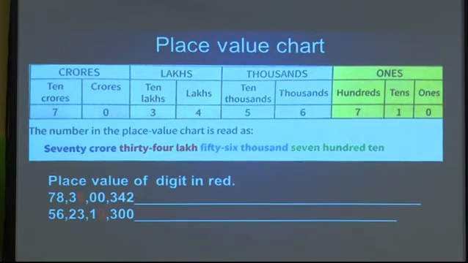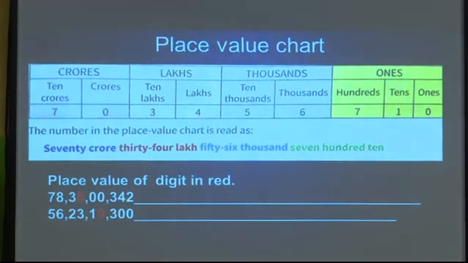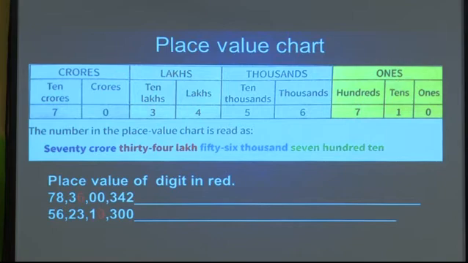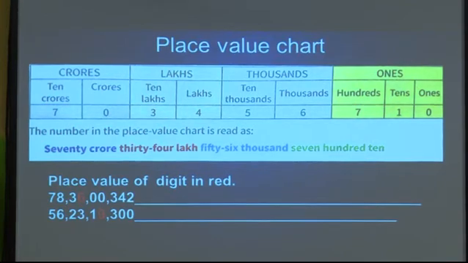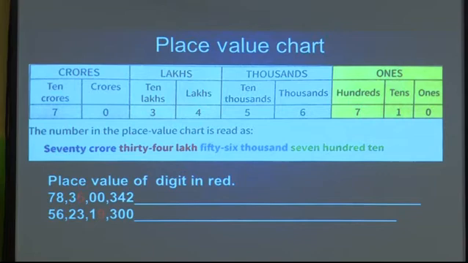Now the question, a very easy question is given there: what is the place value of the digit in red? Yes, you know that number. Yes, you can read it now, because it is given as 78 crores 36 lakhs. We don't have 1000, we write directly 342. Now where is the 6 which is red in color? Yes, it is after the hundreds and thousands, in the lakh position. So we can write that it is 6 lakhs, because it is the place value, we have to write that.